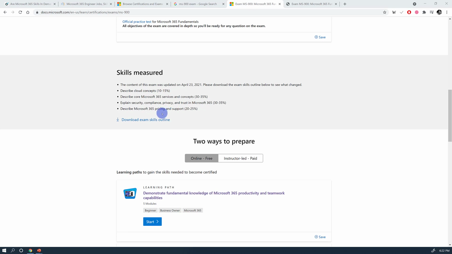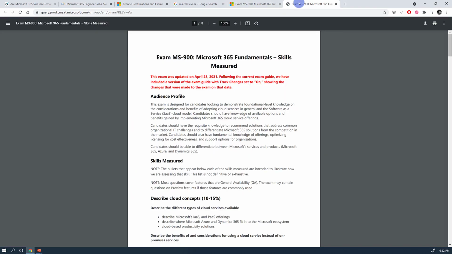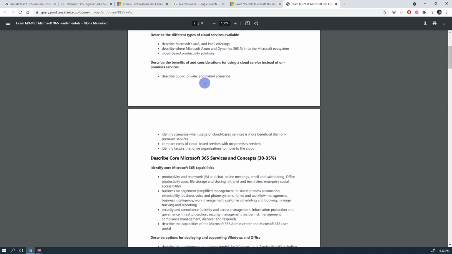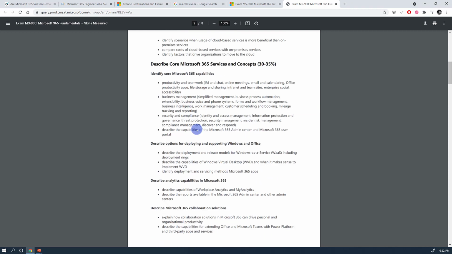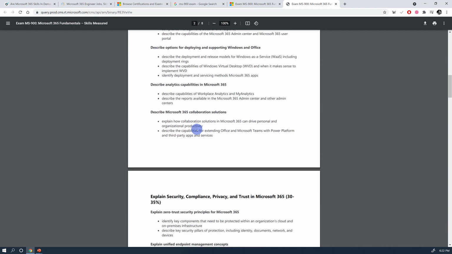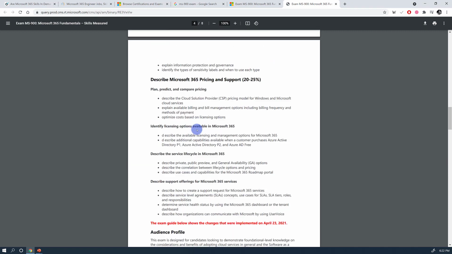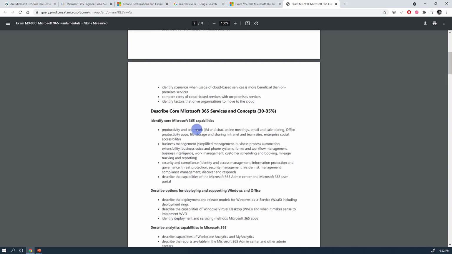at all of those. Now if you look at here, download the exam skills outline, and if you open this in a new tab here, which I've already opened here, you can look at all of these skills in detail. For example, in cloud, what exactly are the subsections or the different skills they are expecting, and you can see that we have a lot here. But don't worry, we are going to cover each and every technology, each and every objective of this exam in